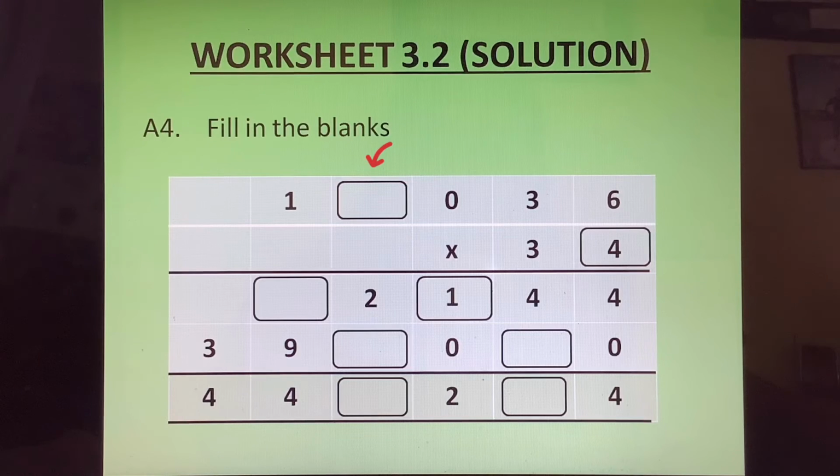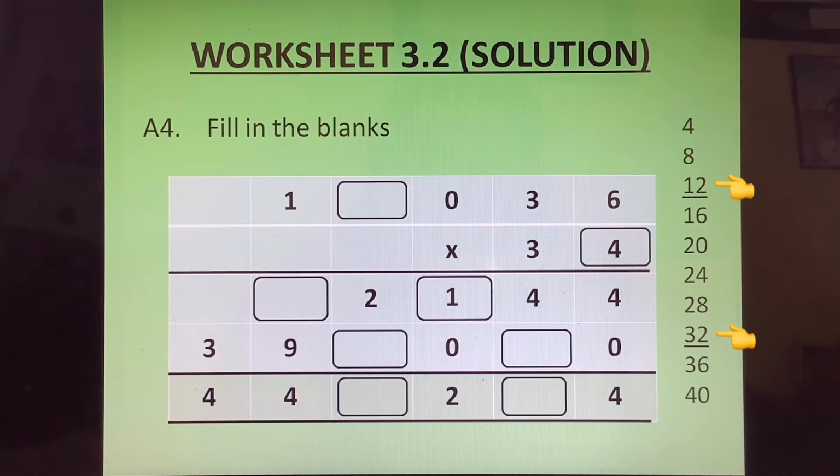Then 4 into dash we have to see, so that here we get 2. So 2 in the 1's place is there on 4 3s are 12 and 4 8s are 32. Either 3 or 8. Let us check for both. If we have 3, 4 3s are 12. 2 at the bottom and 1 on top. Here either 3 will come or 8 will come. But we can't check with the next because next is a blank. Now if it doesn't satisfy the next line, then we will have to come back and change 3 into 8.